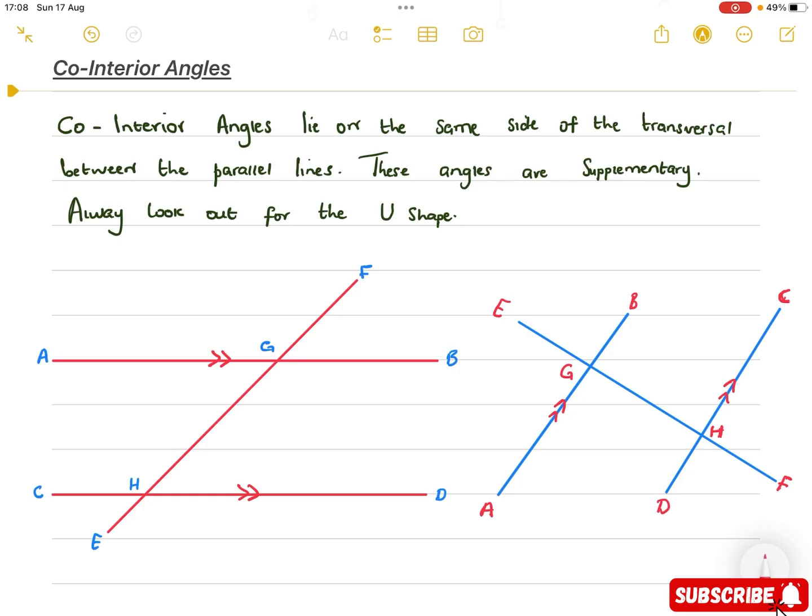So we are now looking at the concept of co-interior angles. We said angles are co-interior angles if they lie on the same side of the transversal between the parallel lines. These angles are supplementary. I'll just write: one, they lie on the same side of the transversal. Two, these angles are